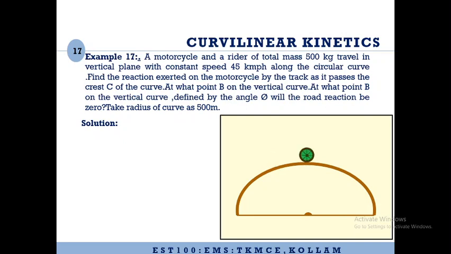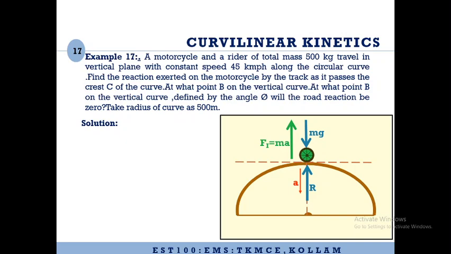At this point, let us analyze what forces are going to act on it. At the crest of the circular path, if you draw a tangent to the curve, the tangent will be perfectly horizontal, and you draw a vertical line passing through the body that is going to pass through the center of the circular path. The weight will be acting vertically downward. There will be reaction from the ground. Its acceleration is centripetal acceleration, and therefore inertial force will act in the upward direction. This will be the equation of equilibrium for the bike at the crest.